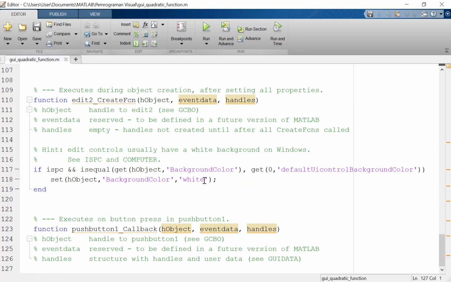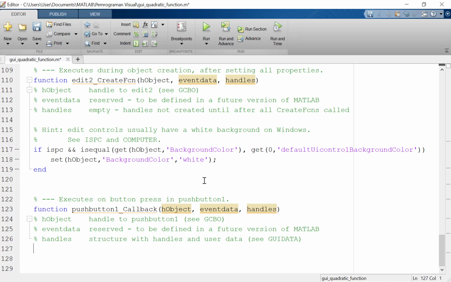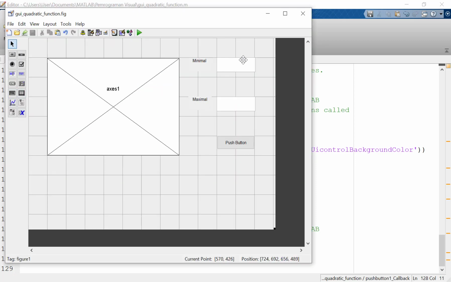So we must add the program in the push button one callback here. We can write the minimal value is taken from this block. We can get the minimal value from edit one that we input here, and then we can get the second value, the maximal value that we input to this block.